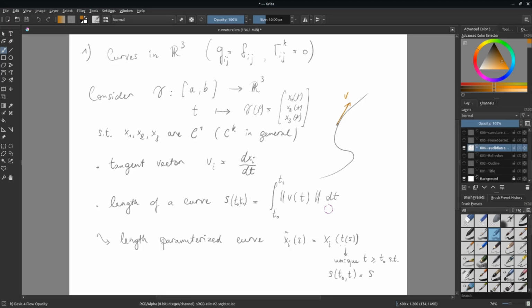stuff. So for example, I could have two different curves where the set of points that these curves occupy are exactly the same, but they don't go at the same speed through it. And so, you might imagine, let's say,